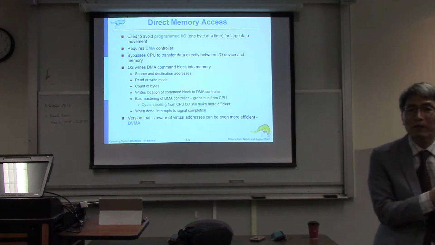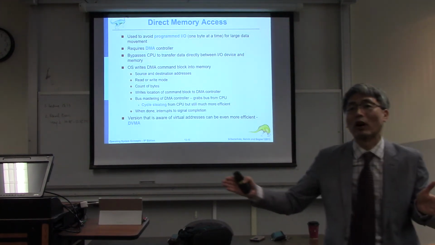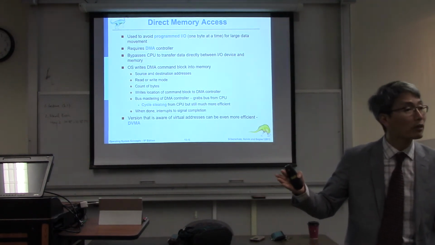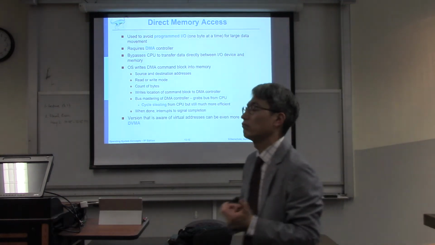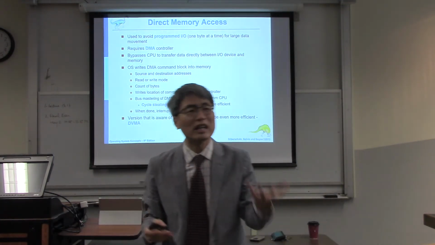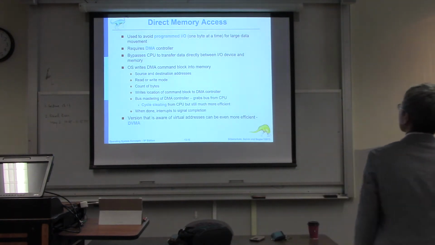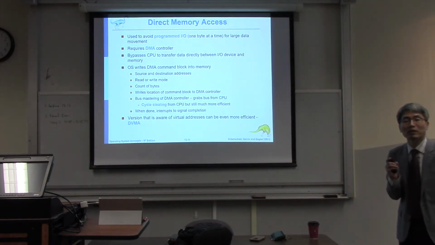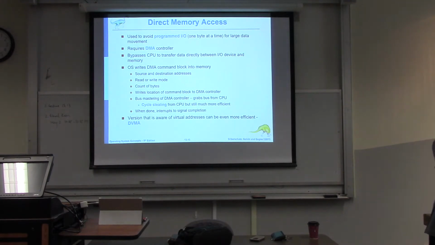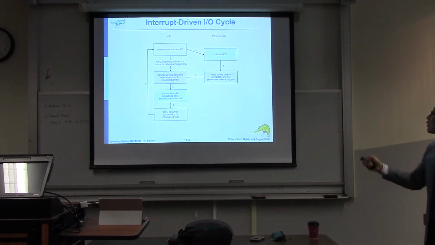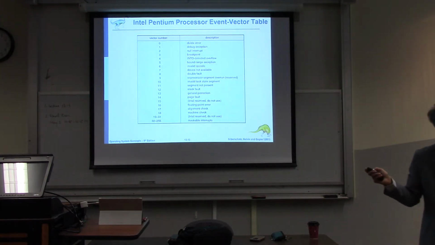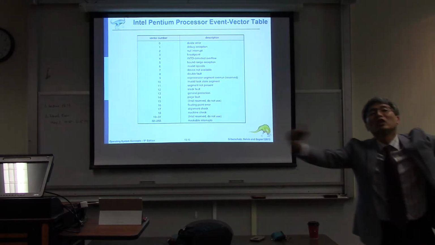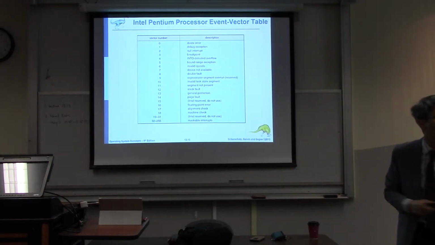For example, if the data file is a sequence file, like 1 megabyte, many times it's a sequence file, then we need to do the same thing to address that problem. We can use direct memory access. Direct memory access means if we just specify the size of the data, instead of doing the interrupt-driven I/O that we discussed before, we can do it just one time and read the amount of data directly